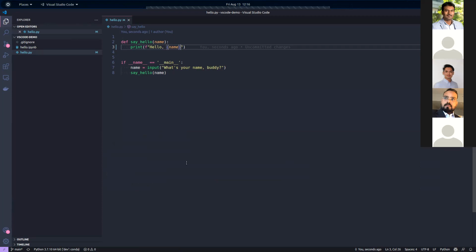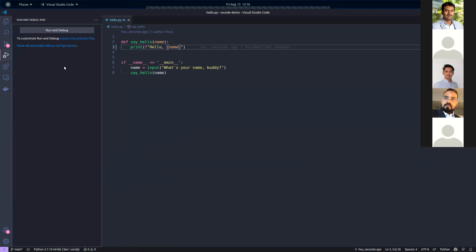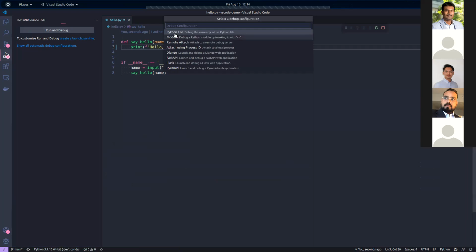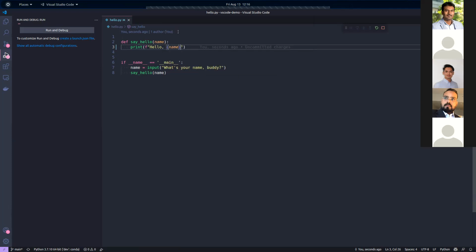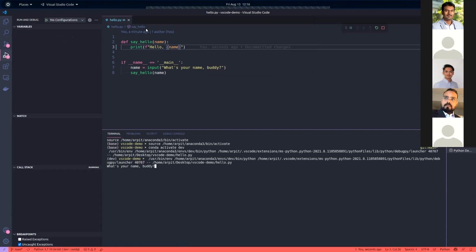So in that case, one way to do this would be using print statements that many people do. But another way of doing this is that you can use a debugger. So how you use a debugger is by coming to the debugger tab, of course, and then you can either create a launch JSON file, which will create a default debugging configuration for this directory, or you can just do a run and debug. So run and debug will provide you some other options, but for now we are just working with a Python file, so I can just select this Python file. And what it'll do is it'll run this Python file in debug, right?